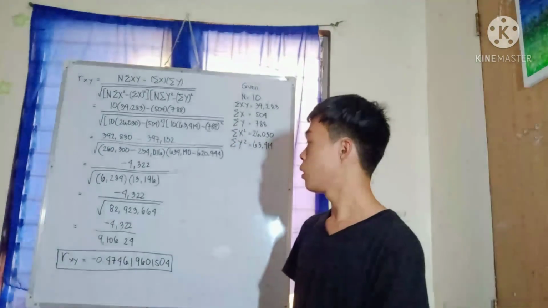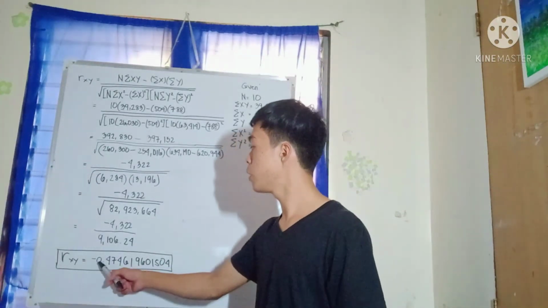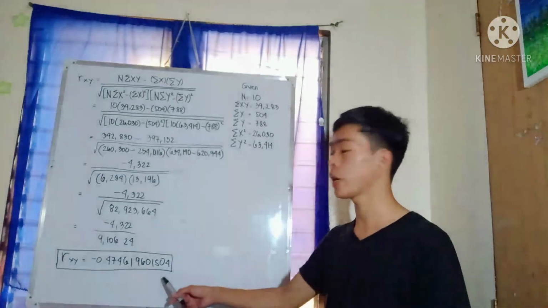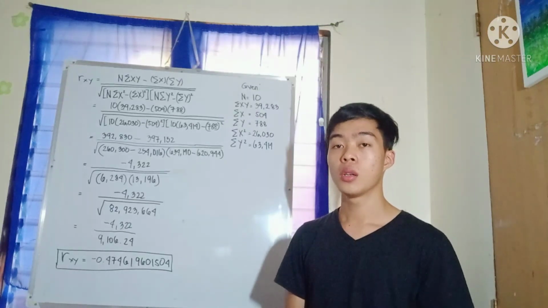So the correlation value obtained is negative 0.474619601504, which denotes a low negative